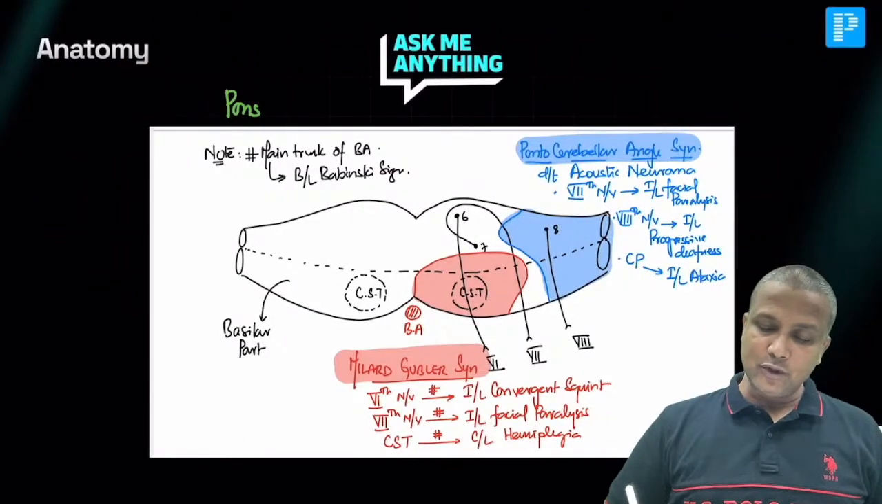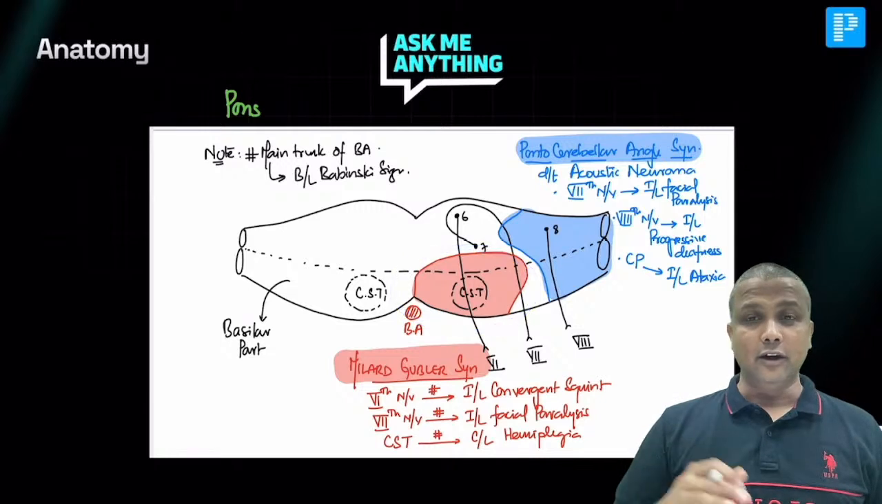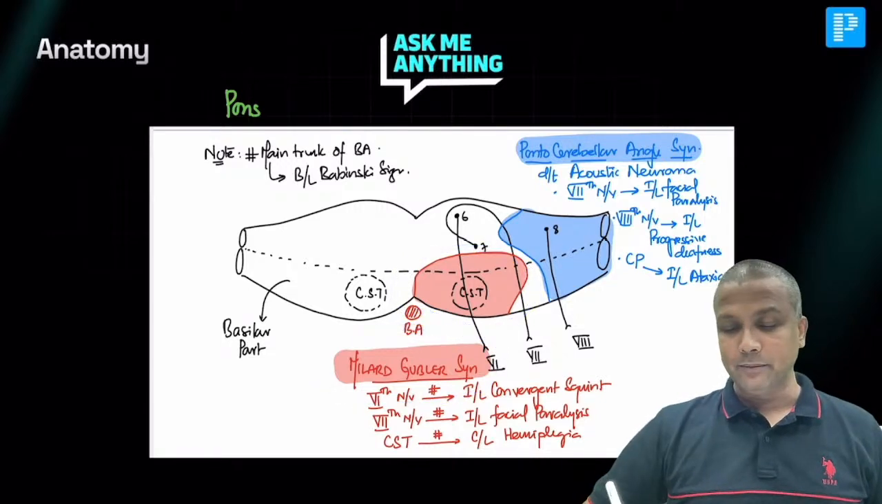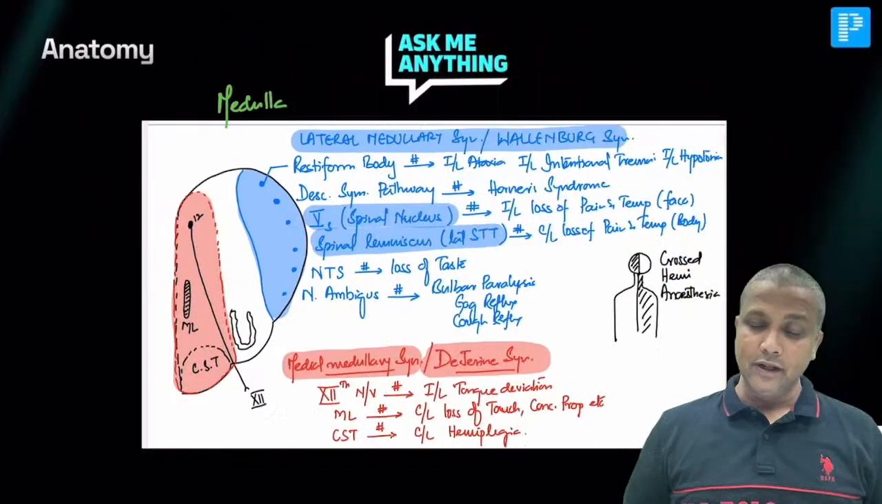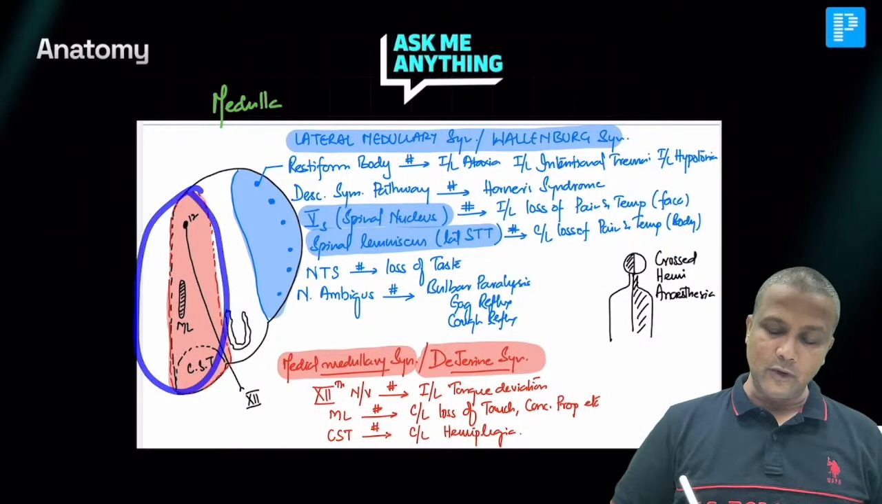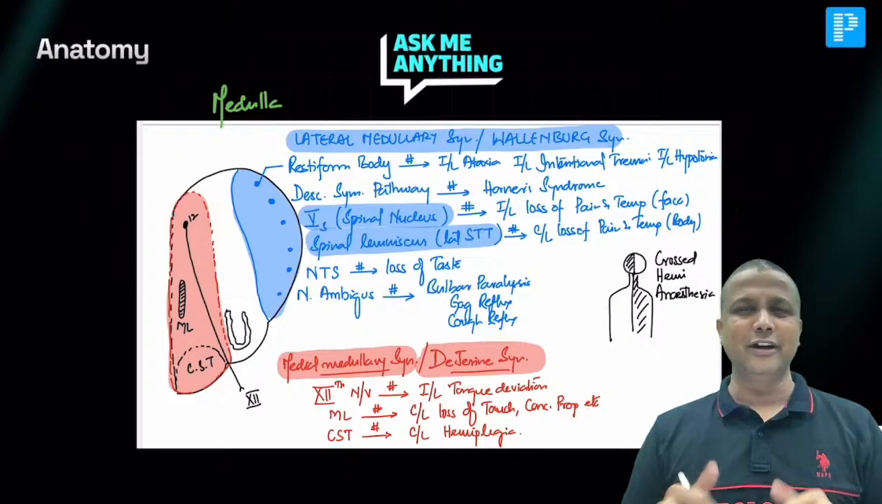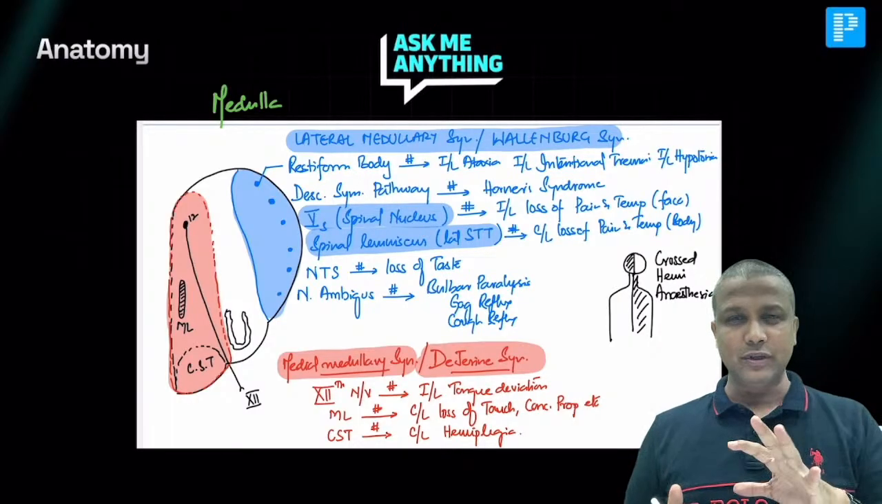Similarly, in the pons also, on the medial side there will be the Millard-Gubler syndrome, and on the lateral side we'll be having the pontocerebellar angle syndrome. And in the medulla, you'll be having the medial medullary and the lateral medullary. So in one diagram, all the syndromes are done in a very perfect manner so that there should be no